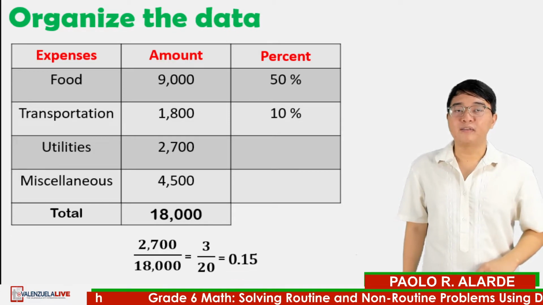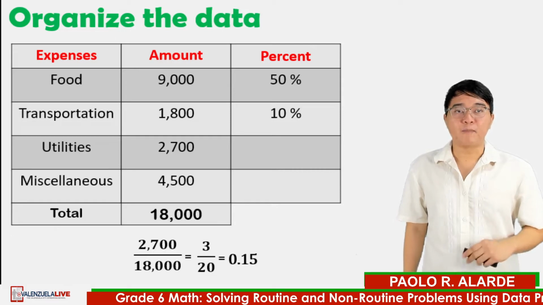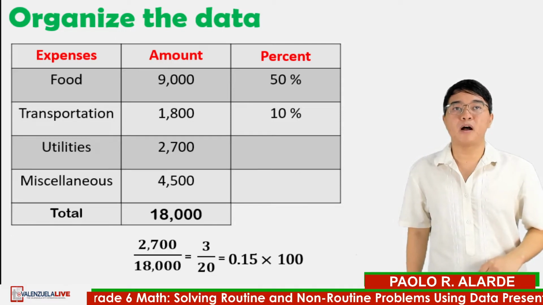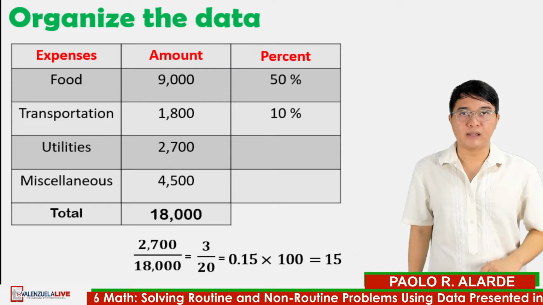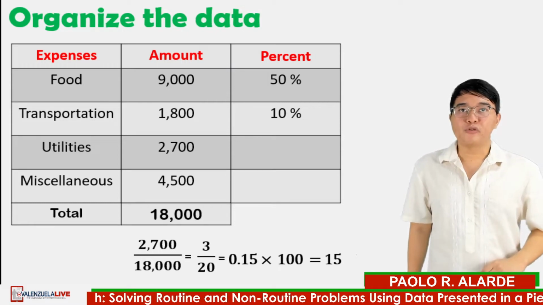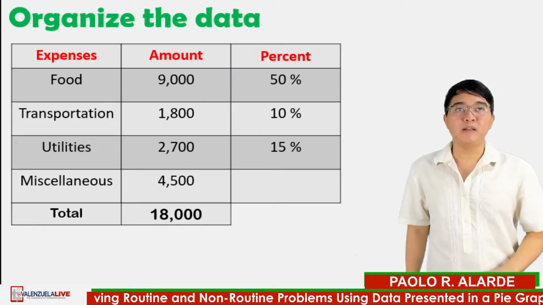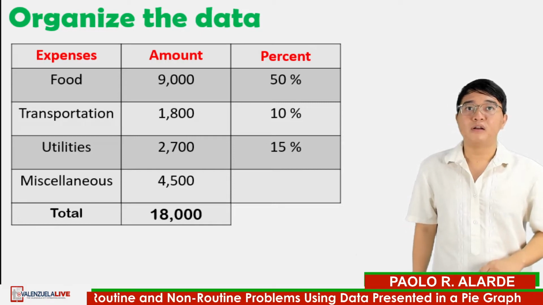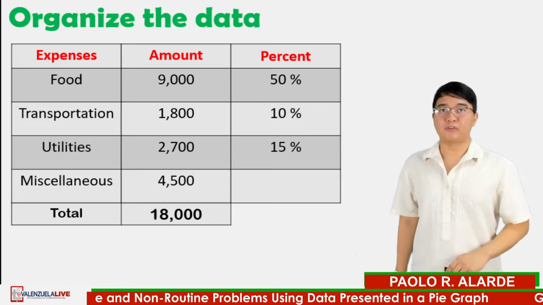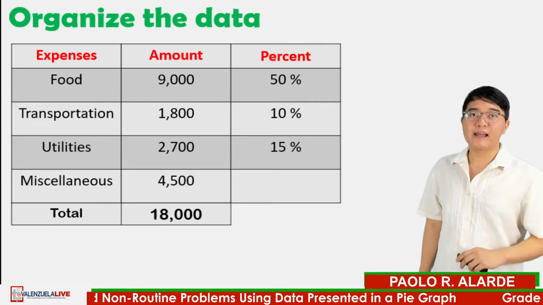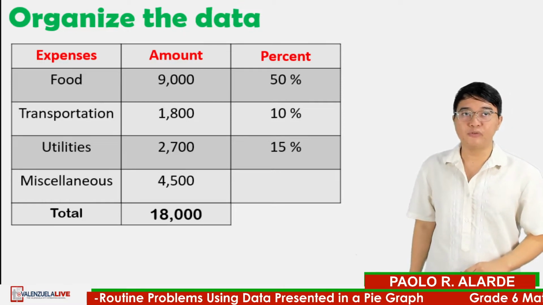Right. It is 0.15, and 0.15, when multiplied by 100, will give you 15. So, 2,700 is 15% of 18,000 pesos. And for the last expense, which is the miscellaneous,